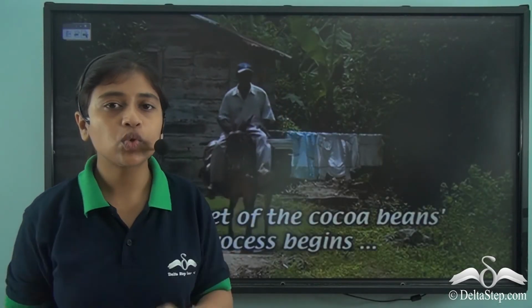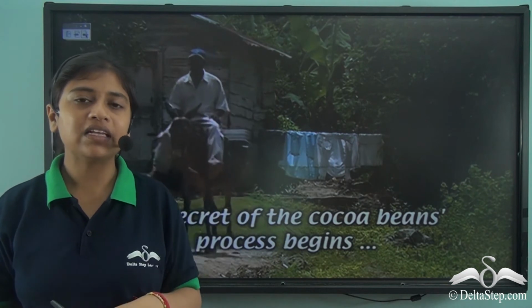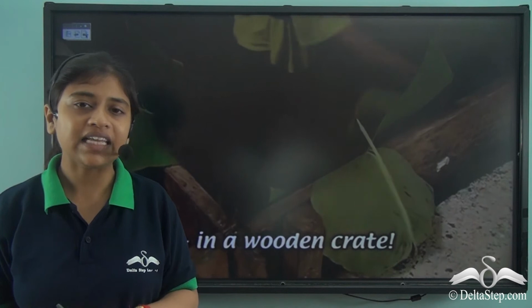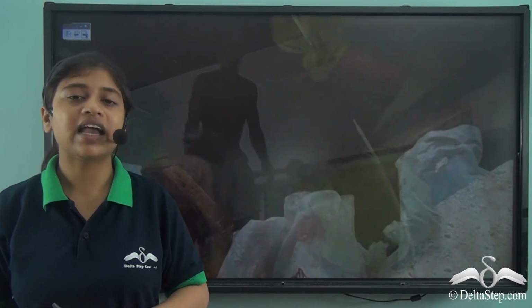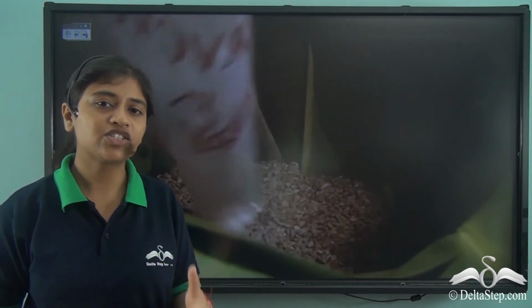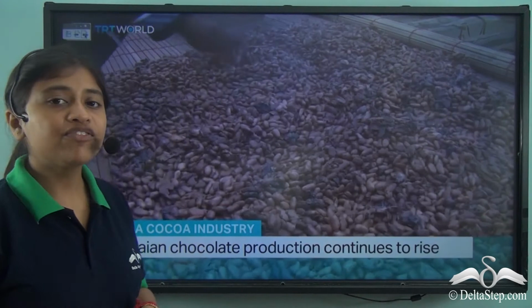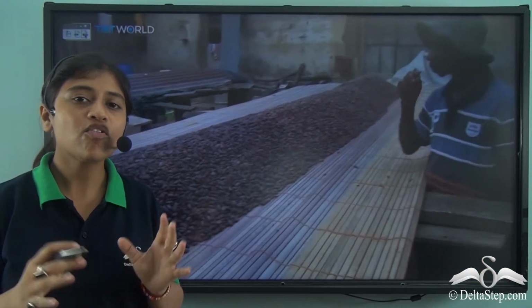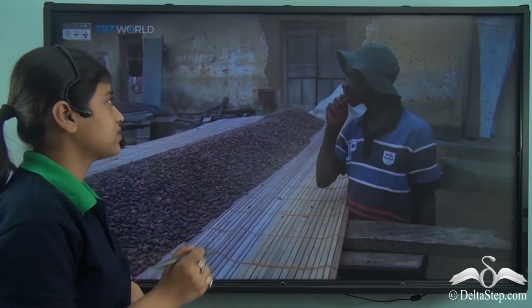After they have been scooped out, these cacao beans are fermented by getting covered by banana leaves. Now these banana leaves help in the fermentation of these cacao beans, which dry out and become softer and softer. After fermentation, they are cleaned, washed, and then they are sent for roasting. So they are roasted.